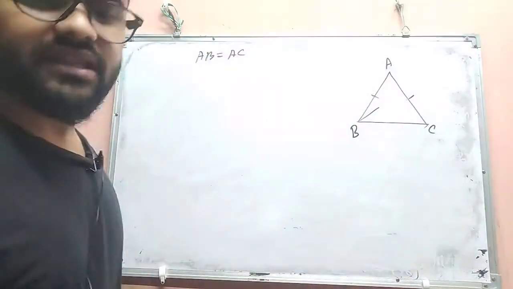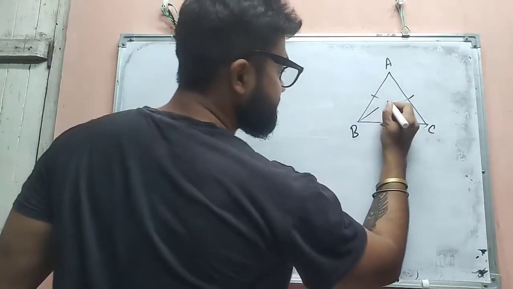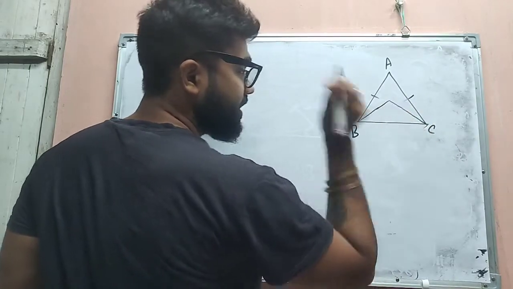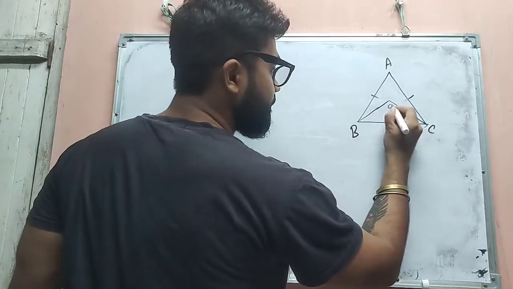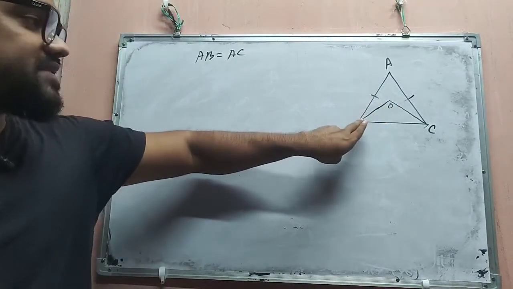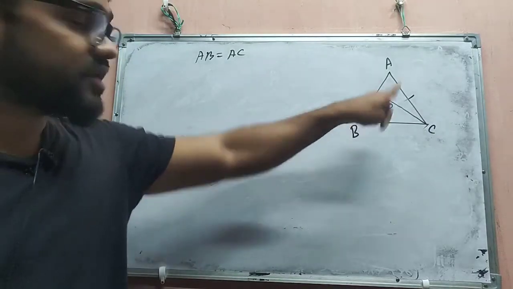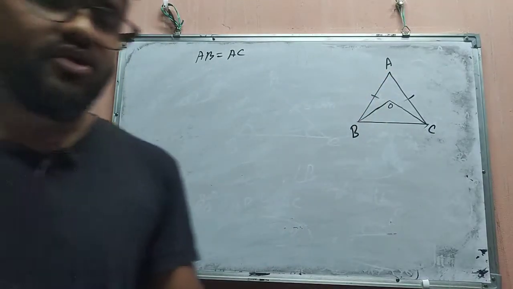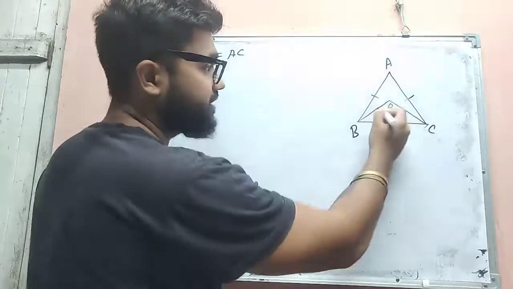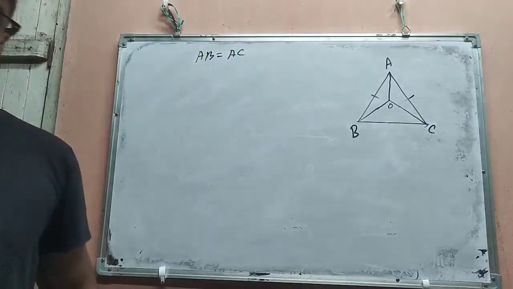And what else is given? The bisector of angle C. They intersect each other at point O. So it is a bisector of angle B, and here it is a bisector of angle C, and they intersect at point O. From the question you can draw a diagram like that. Then we are asked to join A to O. This is A and this is O. So we have to join this.